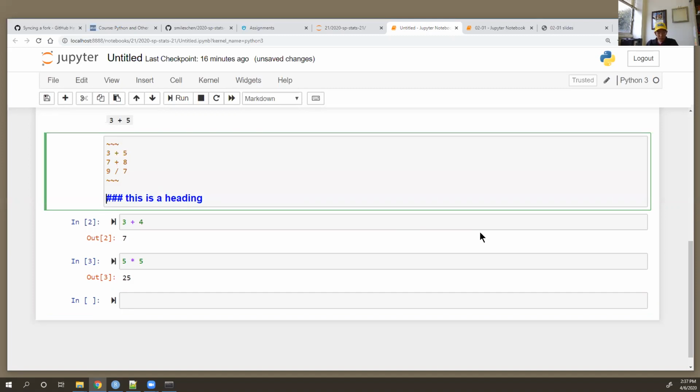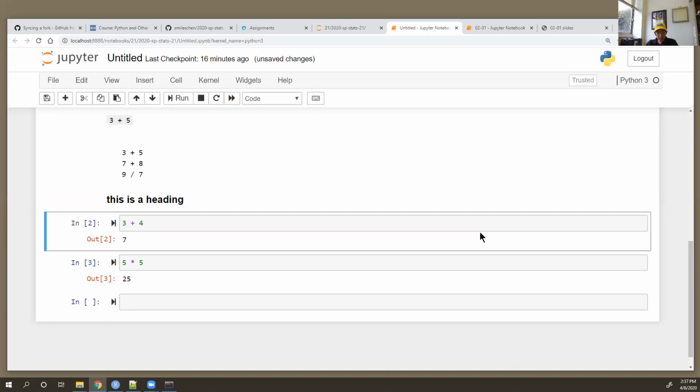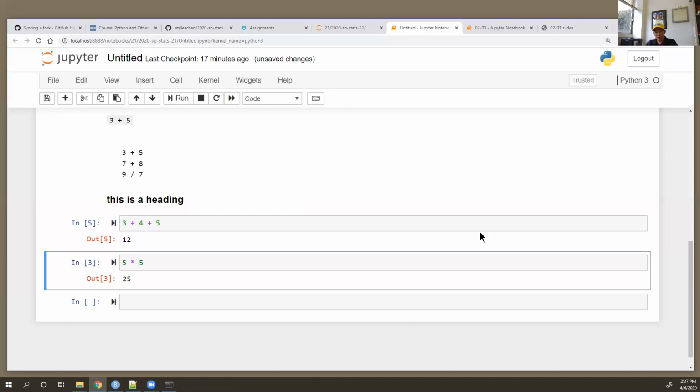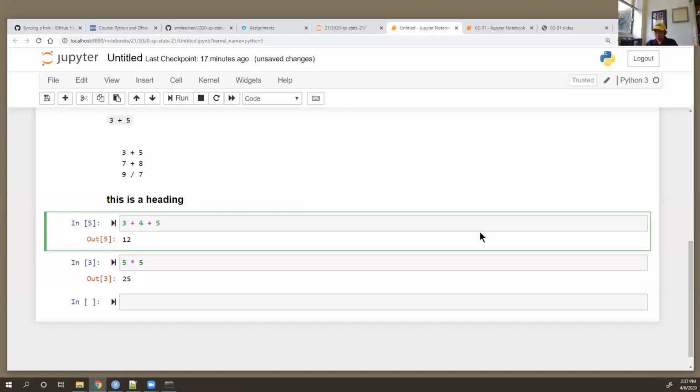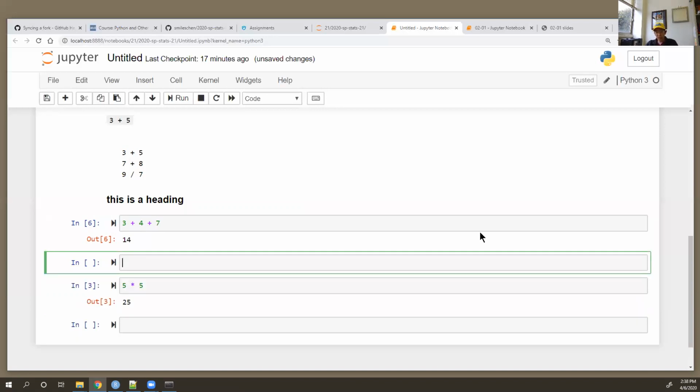So let's say I make a change here. I do 3 plus 4 plus 6, okay? Control Enter will just run this cell, okay? If I make a change and I hit Shift Enter, it will run this cell and move to the next cell below. And if I make another change and I hold down Alt Enter or Option Enter, it will run the cell and insert a cell below, okay? All right,